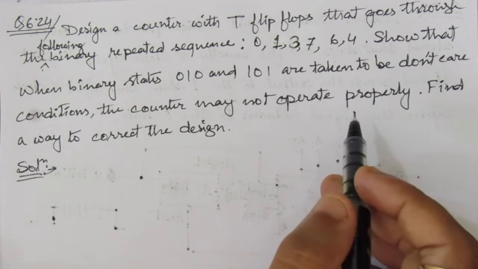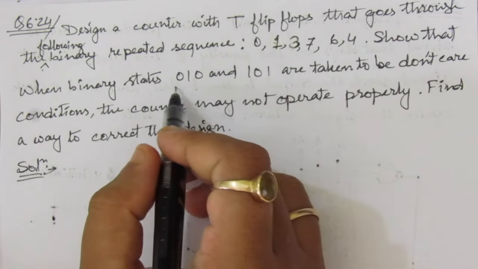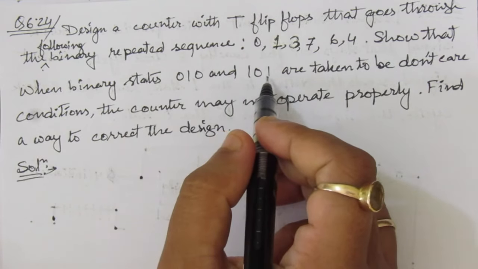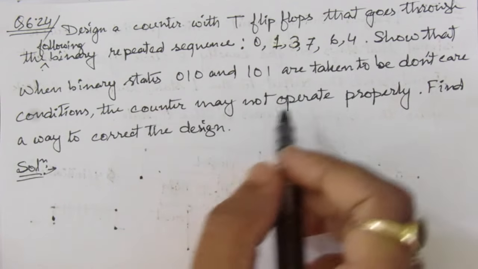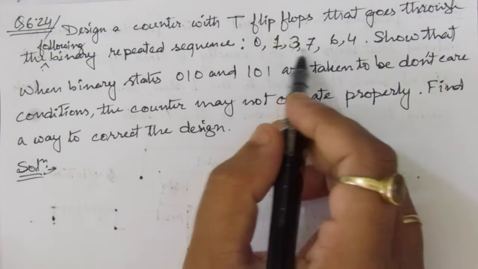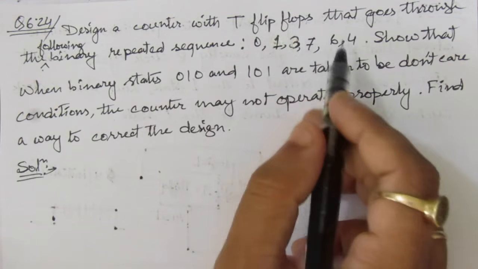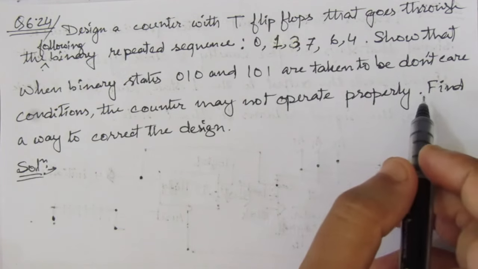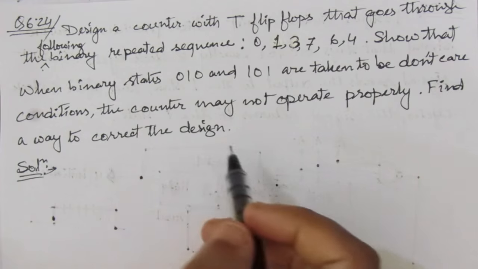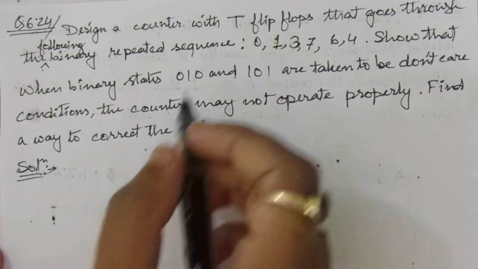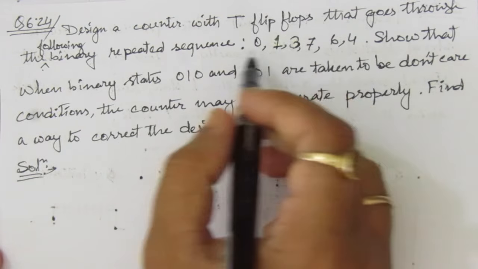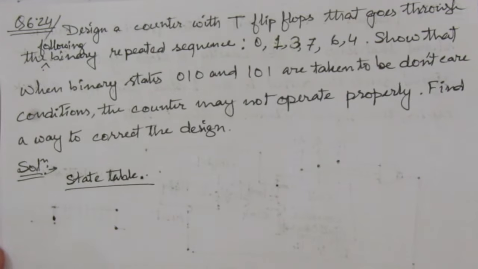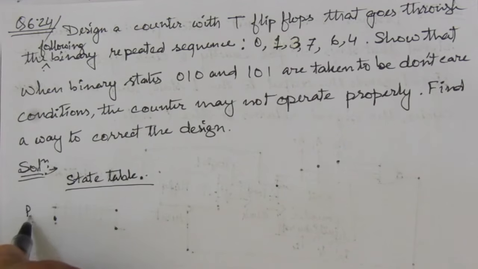So in the first case, we will consider the binary cases 010, that is 2, and 101, that is 5. The counter does not operate properly, because these two conditions are missing from the counting steps. So we have to show that there is some problem, and then find a way to correct the design. First of all, we will make the state table according to the given repeated binary sequence. In the state table, we will have the present state,